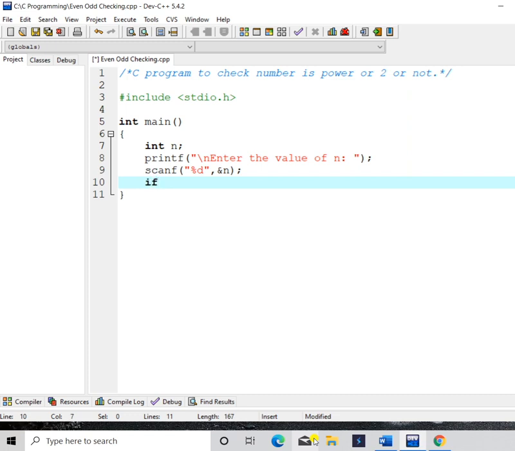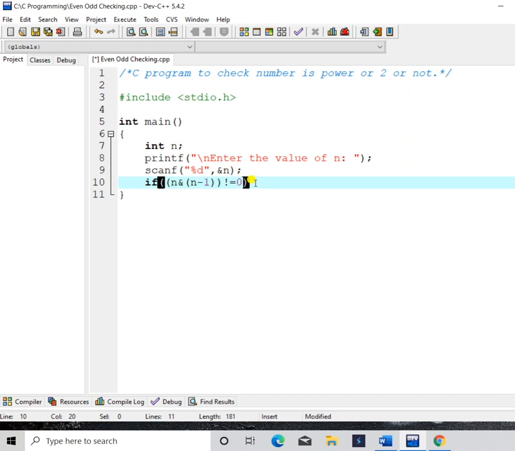then if n, and here & means the bitwise AND operator, n minus 1, not equals to 0.